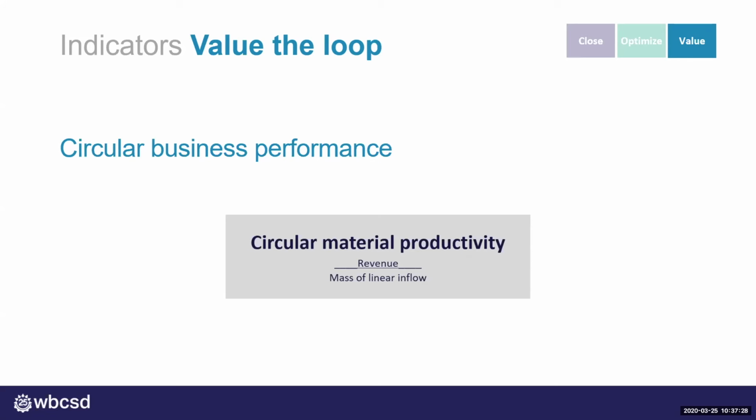In that sense, it is also related to the indicator that countries might use, of GDP divided by domestic material consumption. This indicator will improve if linear inflow is either replaced by circular inflow or reduced through, for example, lightweighting, but also through more drastic changes, like innovative business models such as product as a service, where the revenue is generated with the same products and materials, lowering the need of linear inflow.